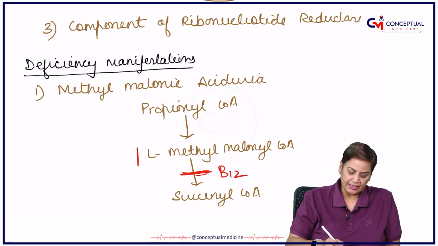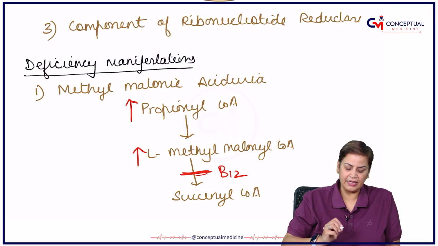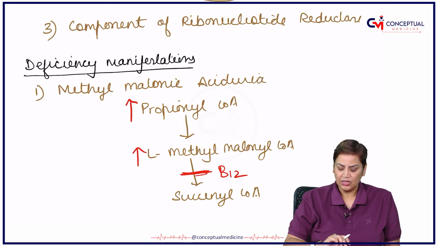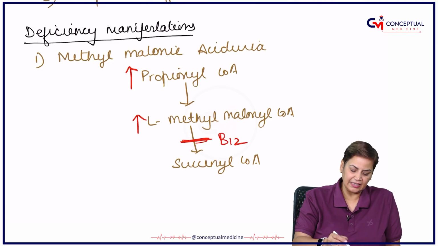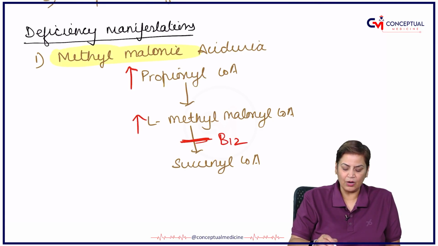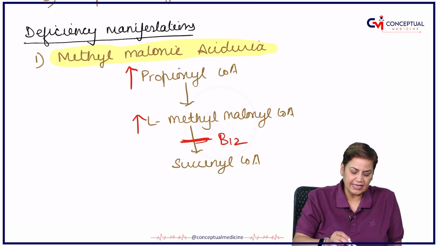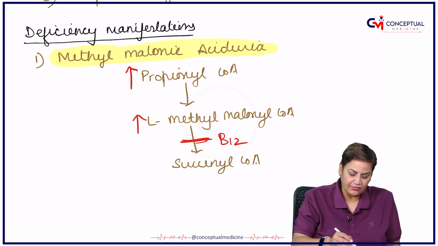So there will be increased concentration of these. Whenever the concentration of methylmalonic acid increases, it leads to methylmalonic aciduria. And the second important thing here is, it will lead to